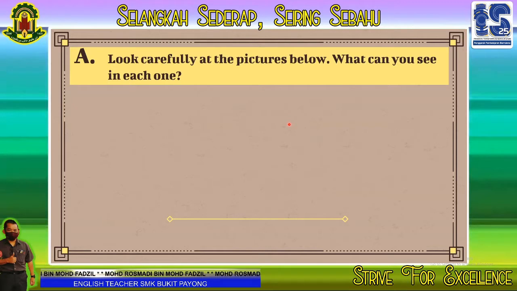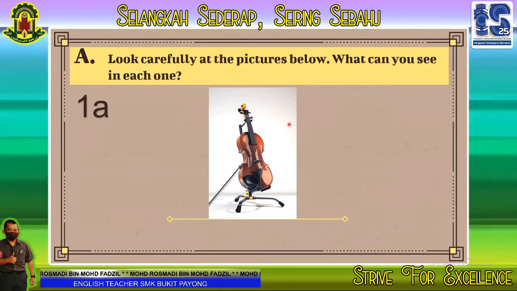Okay, so let's just name it without writing. No need to write your answers in the exercise book. Okay, just look at the screen now. So 1A, you just name it. Sebut je, say it. Okay. What is this?